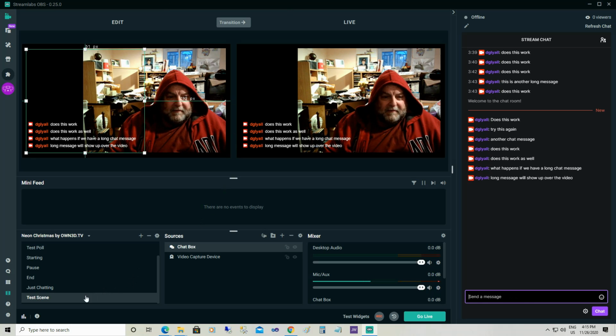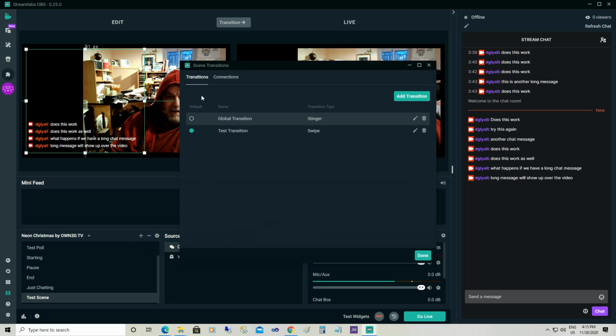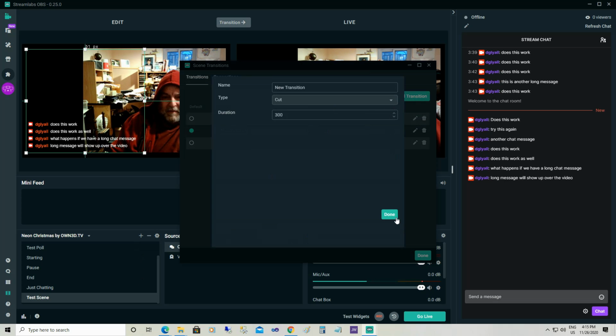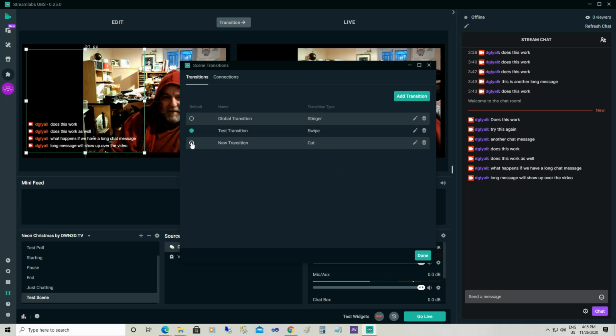And to get the transition effect, here we're using a swipe. You just have to go in and add a transition, and here you just add transition swipe and make it the default. So there's all, well, that would be a cut, make it a default, done, and then